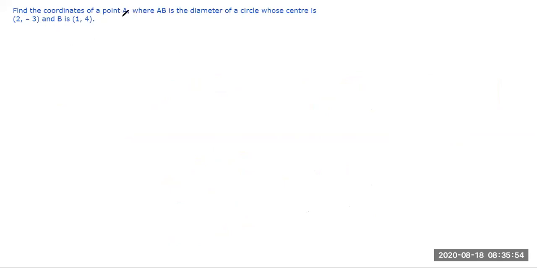Find the coordinates of point A, where AB is the diameter of a circle. All right, students. That's great. Now we have a circle. This is the circle and we find the coordinates of point A. AB is the diameter of the circle. So there's no harm, we can draw a circle also. We can as well draw